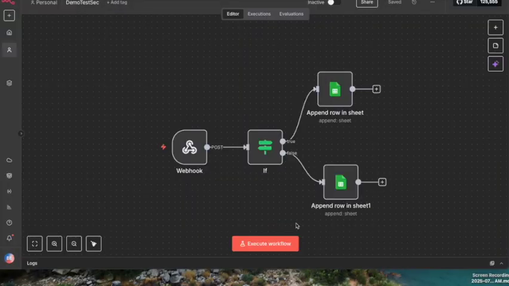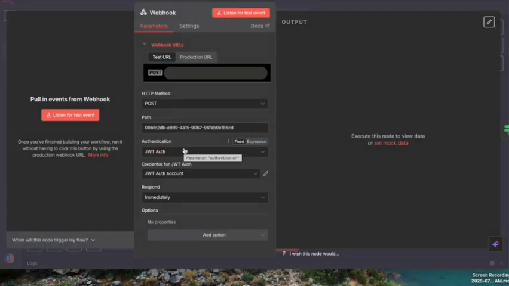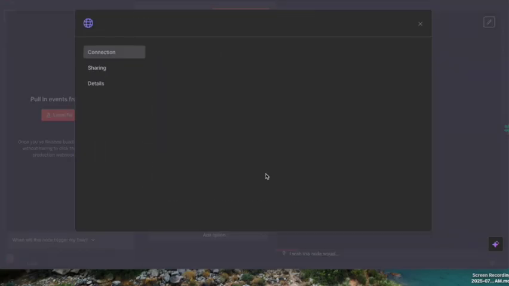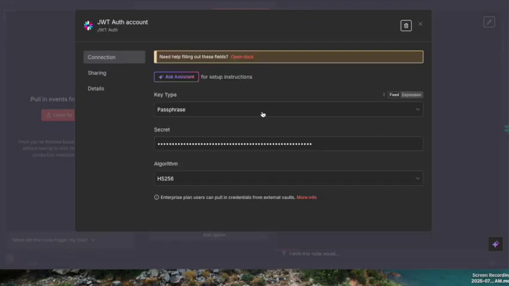Okay, so now taking a look over at n8n, if we look at our webhook, what I want you to notice really quick is that I have a JWT auth as the authentication, and then I have this JWT auth account, right? So all you're going to do is select that, and if I were to go into edit, notice a couple of things here. First, the key type is a passphrase, and then the algorithm type is